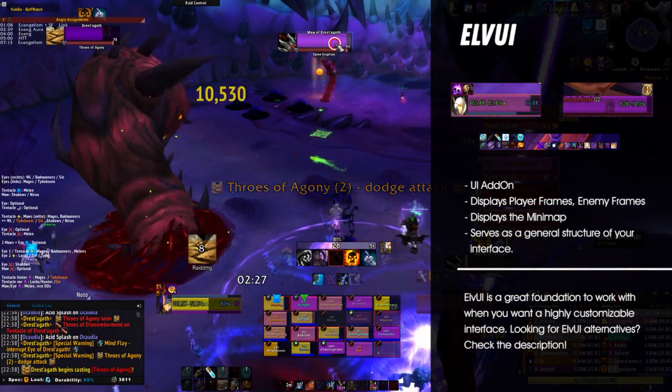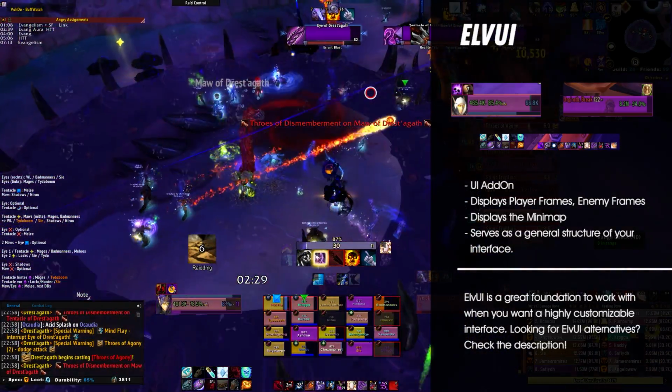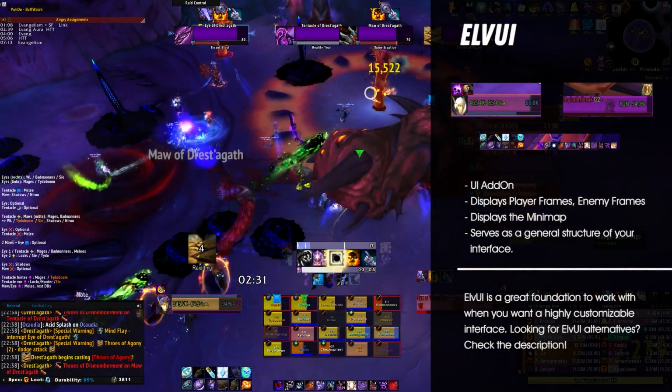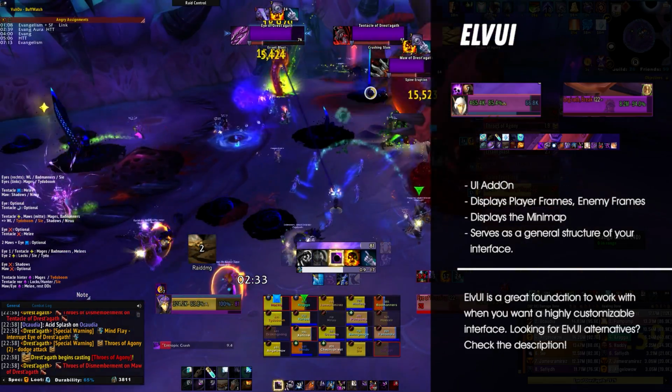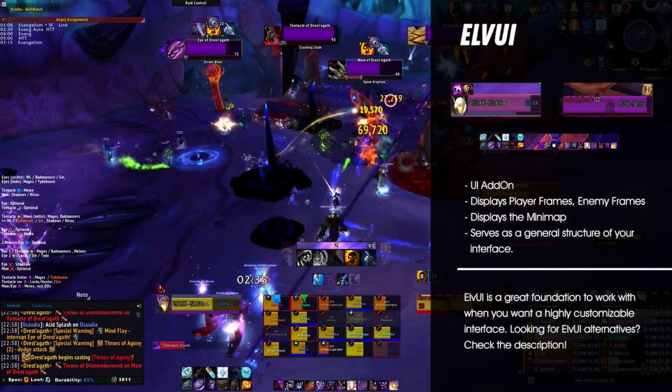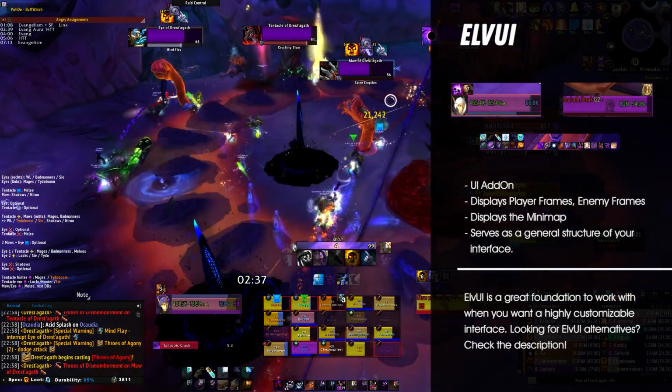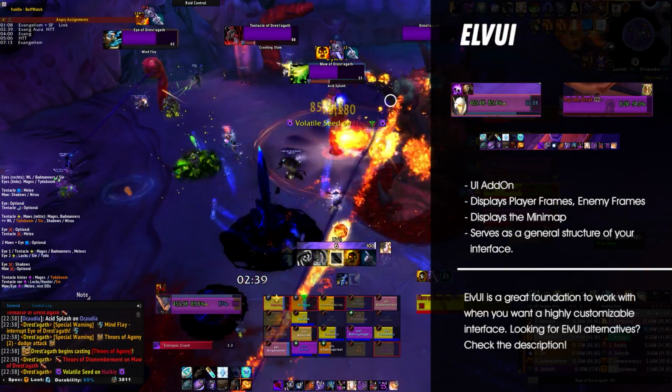Now I've recolored the unit frames, as you can see, to fit a more shadowy or void themed look with a lot of different shades of purple. My exact ElvUI profile will be found in the description box below, and if you want to change your colors,